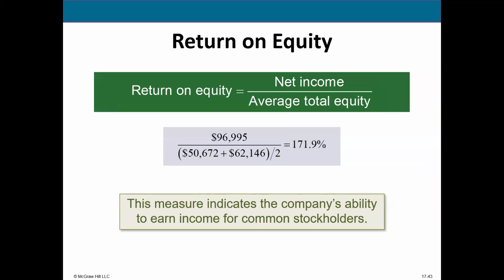And the last one within profitability is called the return on equity ratio. As the name implies, we're measuring the company's ability to earn an income for its owners, and the way that we compute this is we take our net income divided by average total equity. Remember, anytime you hear the word average in accounting, it's beginning balance plus ending balance divided by 2. So in the case of Apple, we're looking at 171%, which is